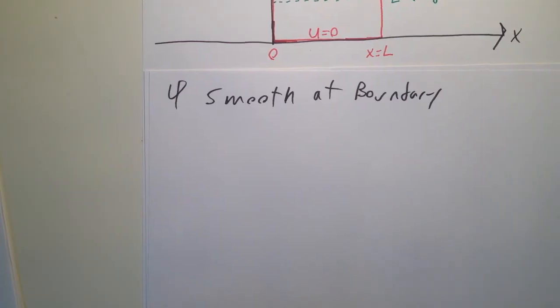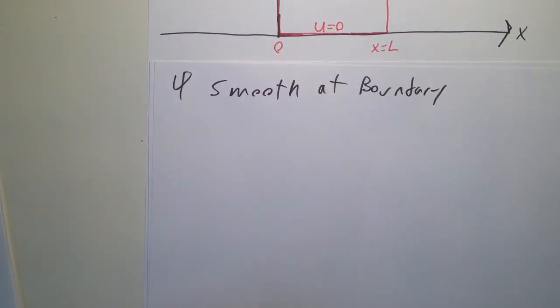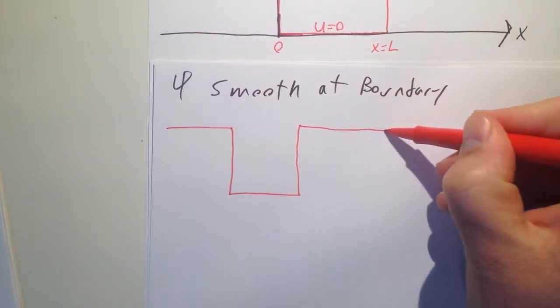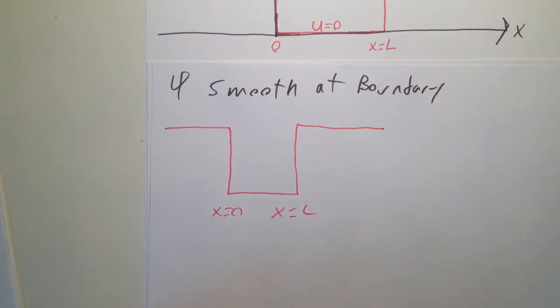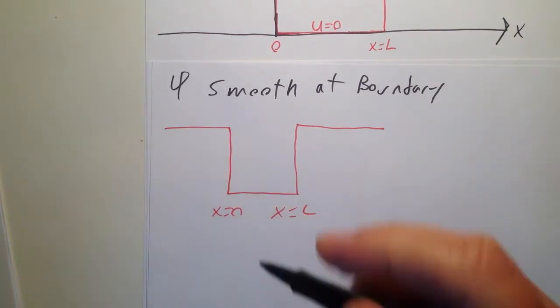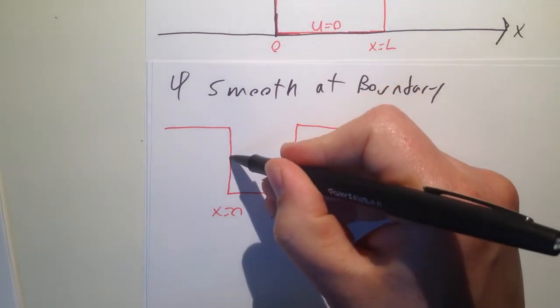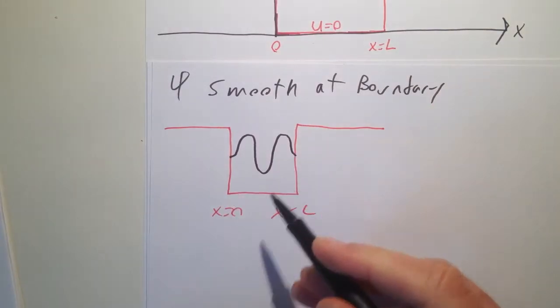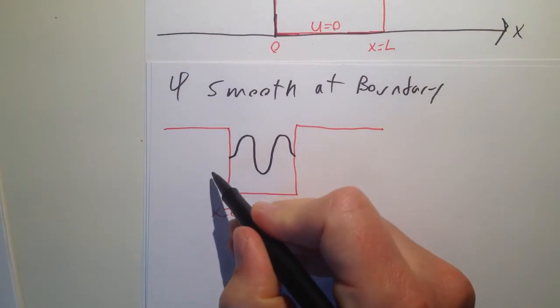Okay, so what does that mean? That means, again, let's draw our potential, and this is x equals 0, this is x equals L. Smooth at the boundary means that even if I have a nice sinusoidal function inside and a nice decaying exponential outside,